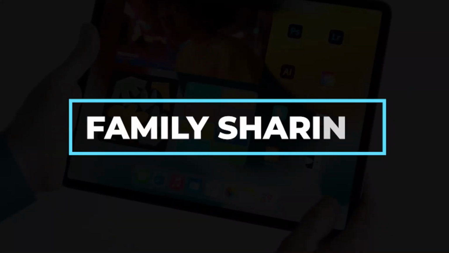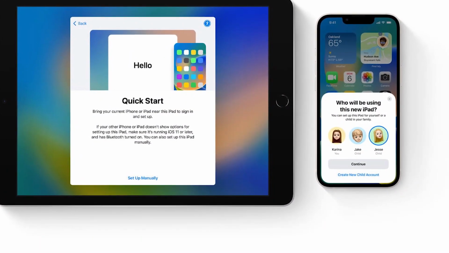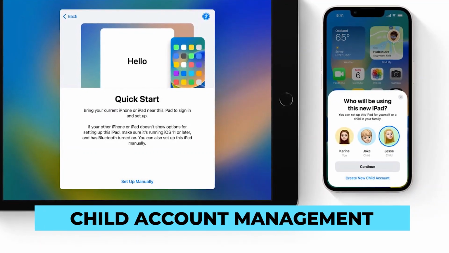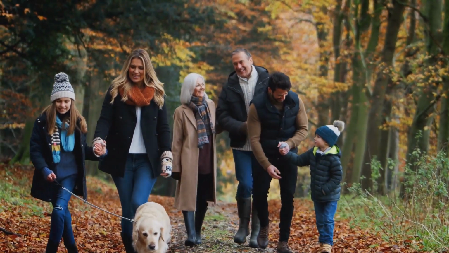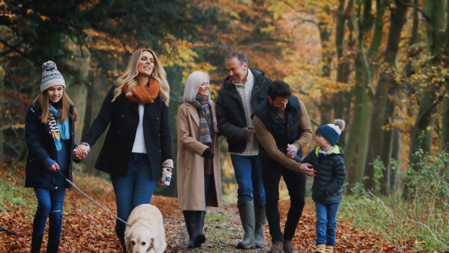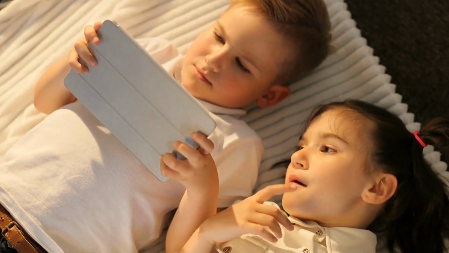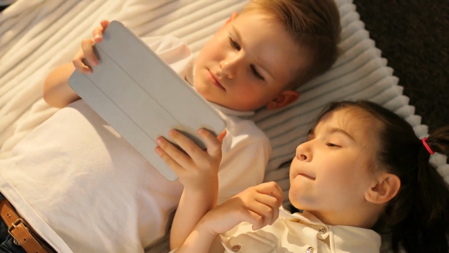Number 1. Family Sharing. Family sharing has been improved in various ways with iPadOS 16, including easier child account management. There will be a family checklist that gives suggestions and guidance on how to maximize family sharing, such as updating children's settings as they become older. For your child's new iPhone or iPad, a Quick Start option will also be accessible to activate all required parental